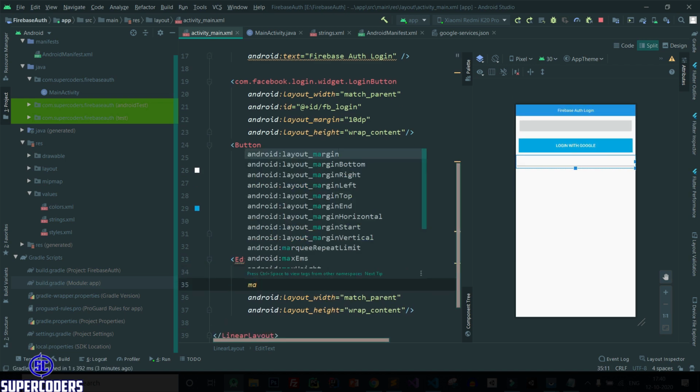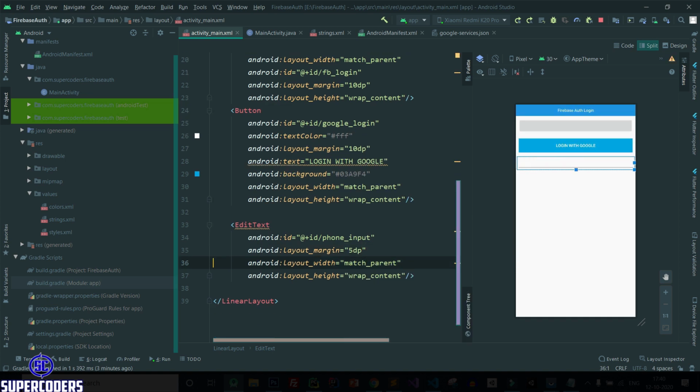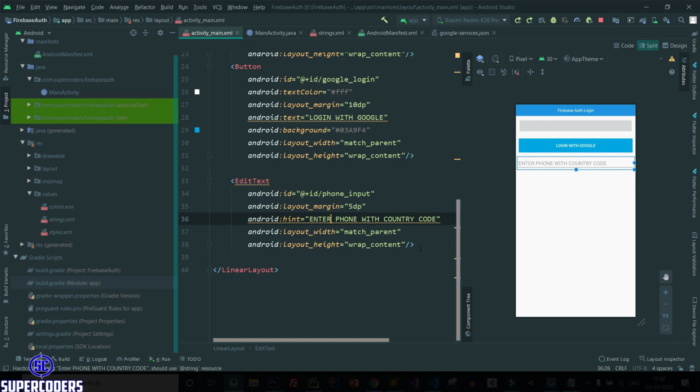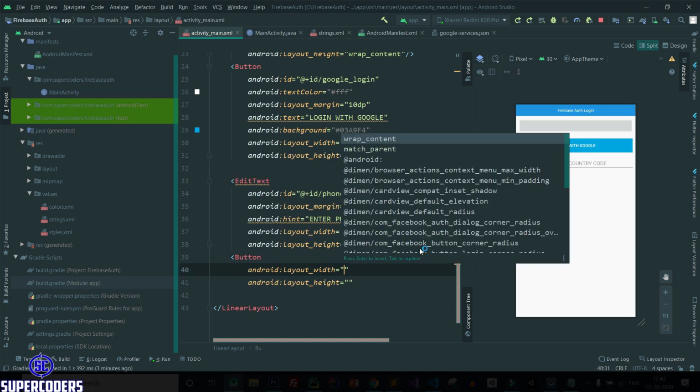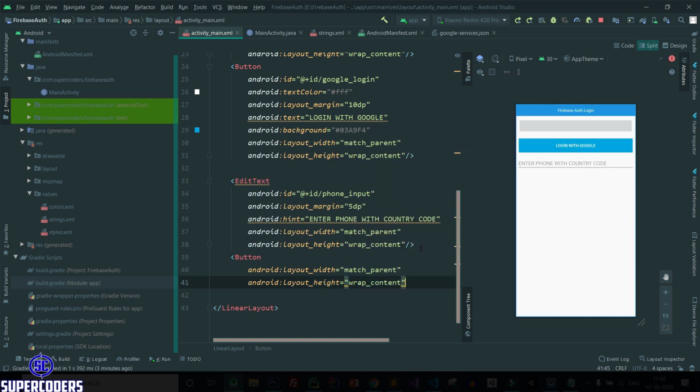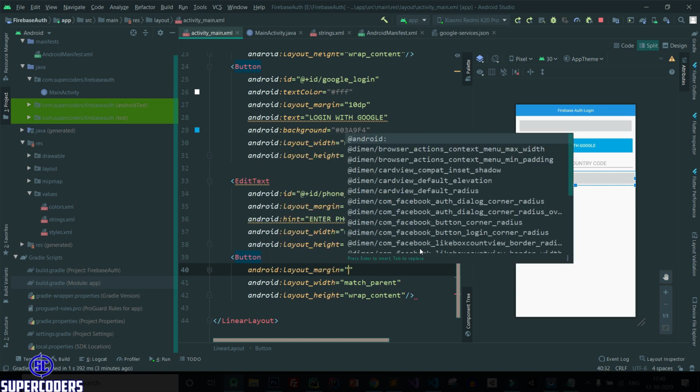Margin 5 dp, hint, enter phone with country code. Change also. Now adding a button, so button, match parent, wrap content, margin 10 dp,